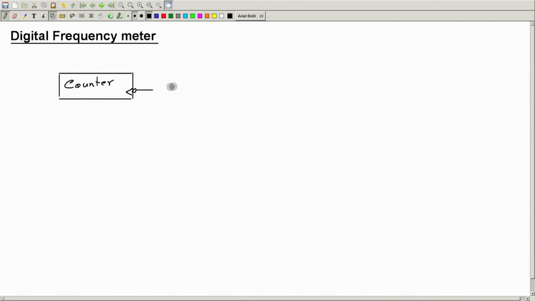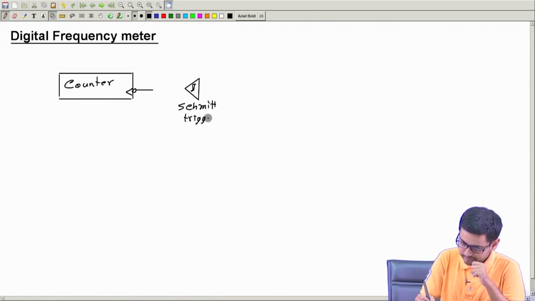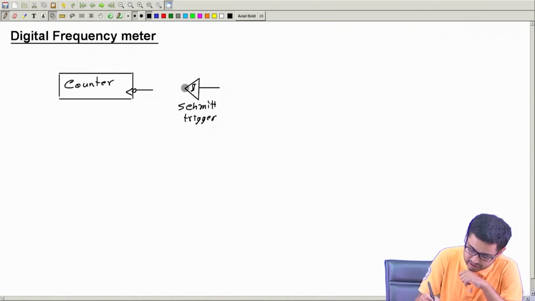Okay. But if the input is not square or rectangular, then you have to first convert it into a square or rectangular wave. So, you can use a Schmitt trigger. Okay. So, this is a Schmitt trigger. So, you give the input first to the Schmitt trigger and you feed the output here,